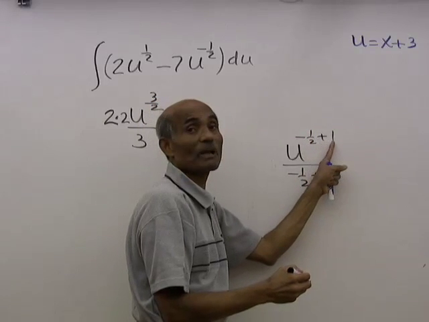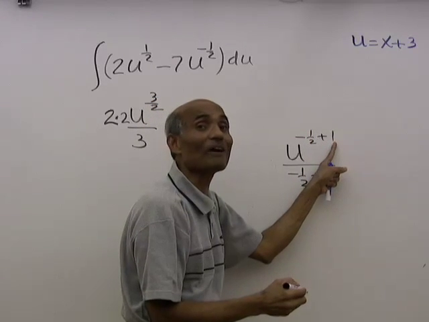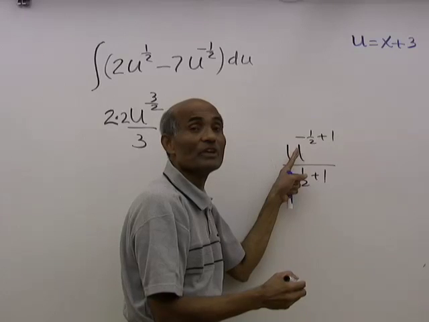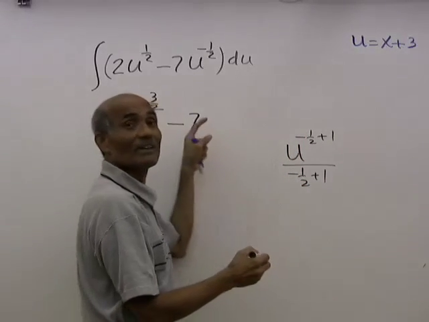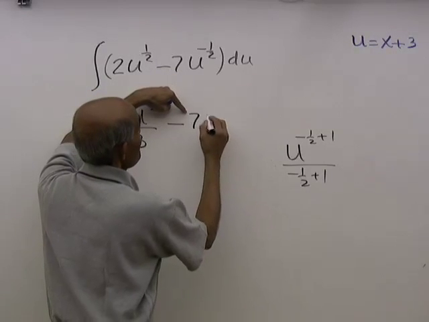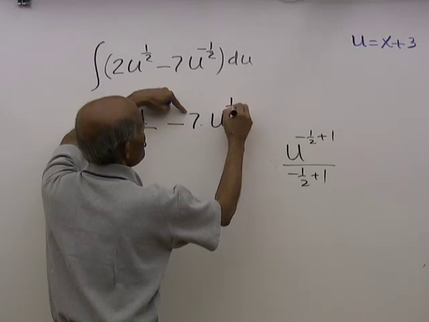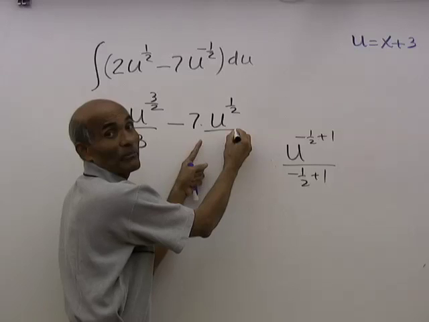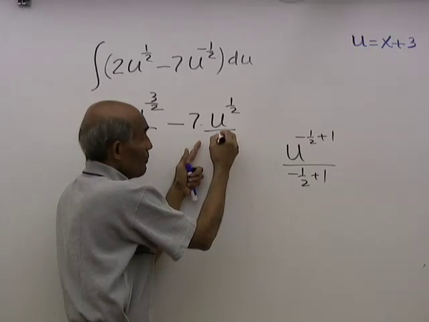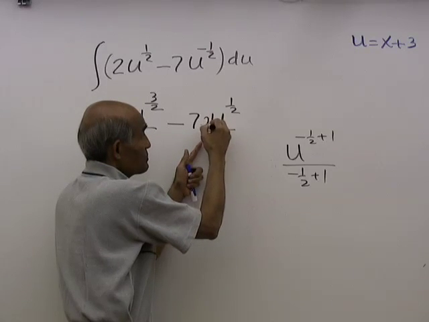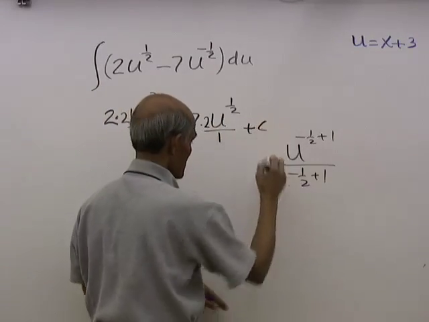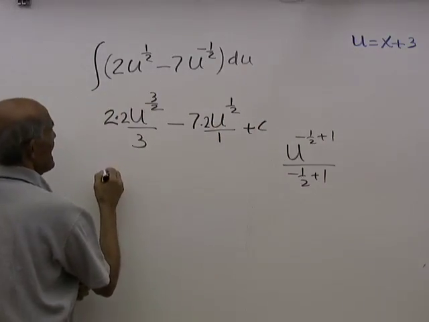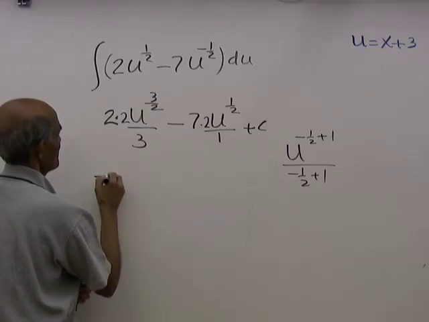Negative 1/2 plus 1 is 1/2. So this is simply u to the power of 1/2 divided by 1/2. So it will be 7 times u to the power of 1/2 divided by 1/2. 1 divided by 1/2, the 2 goes up. Okay, plus c. And that's equal to,